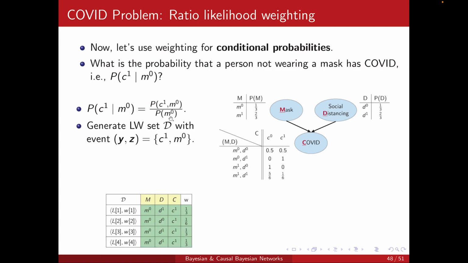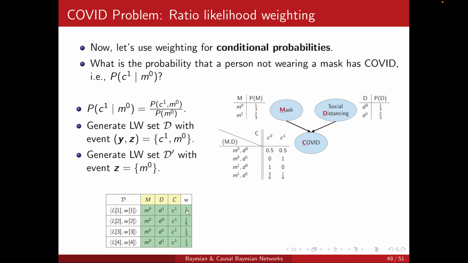And then we can redo this for M0 and generate another data set for Z equal to M0. Okay, so this data set is for the nominator, where we have C and M. They are set to these values C1 and M0, and then we only need to sample D, and we accordingly